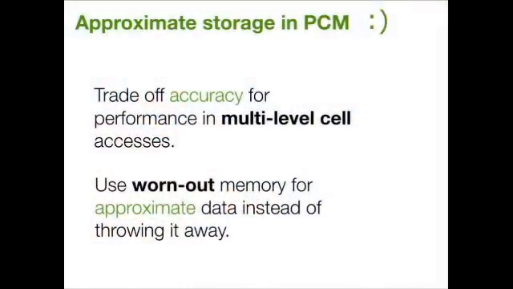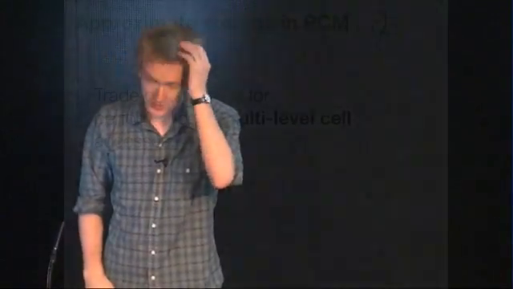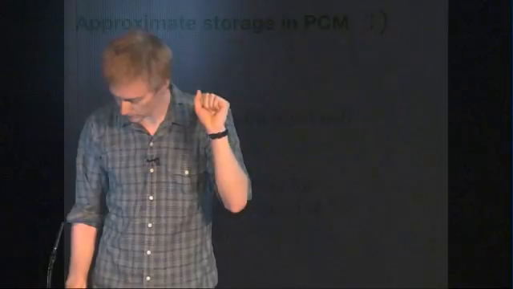So the two techniques I'm going to talk about right now are, one, trying to trade off accuracy for access efficiency in multi-level cells, and two, ways to use blocks that have dead cells to store approximate data. So the first one I'm going to talk about is this multi-level cell idea. So as background,